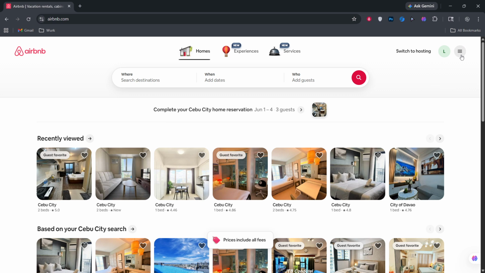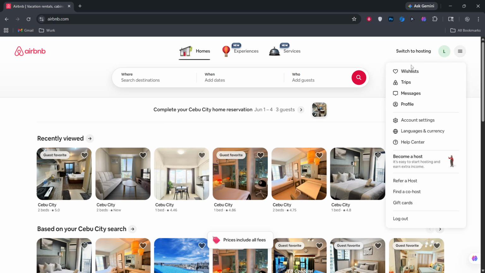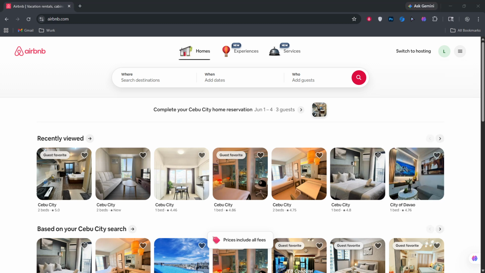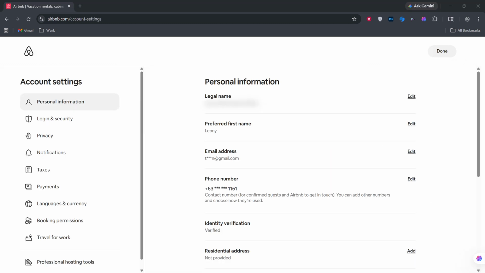Start by opening the Airbnb app on your phone or heading to the Airbnb website in your browser. Make sure you have a reliable internet connection so the redemption goes through without hiccups. Once you're in, log into your Airbnb account. If you're already signed in, you're good to go. If not, choose Login and follow the prompts. It's important to sign into the account where you want the credit to live, because once the voucher is redeemed, the balance is tied to that account.